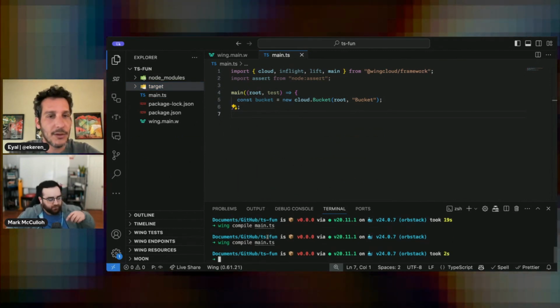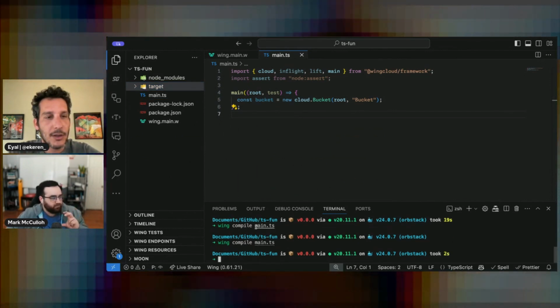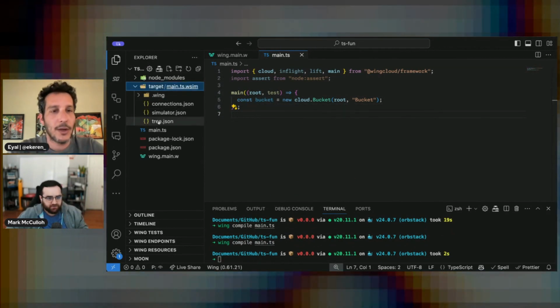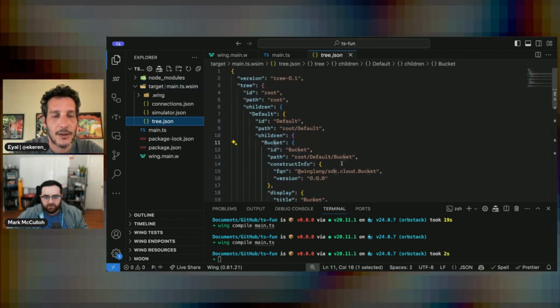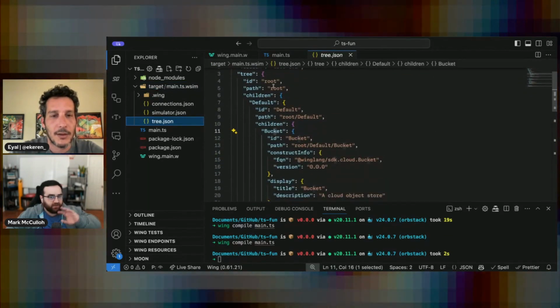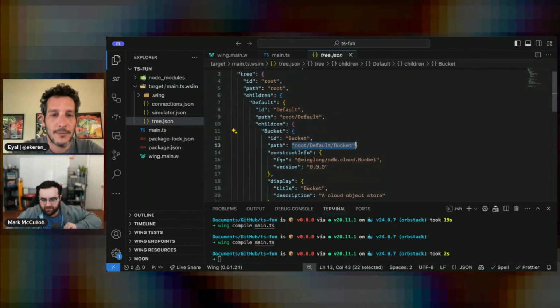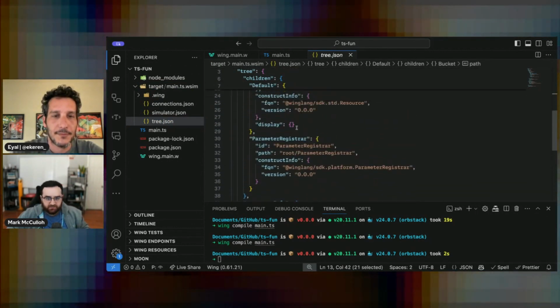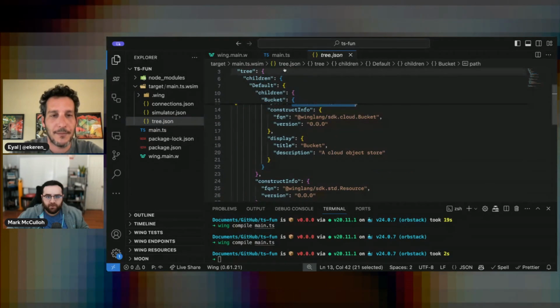When you do Wing new with empty, it actually has some boilerplate. Or it has just some boring stuff to show that it works. Here's the new tree. Okay, sorry, I just didn't save the file. So here's the bucket, and it's just a bucket and some other metadata. Yeah, now I see. And this works.